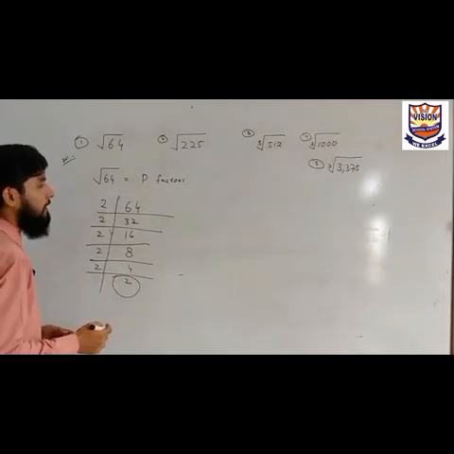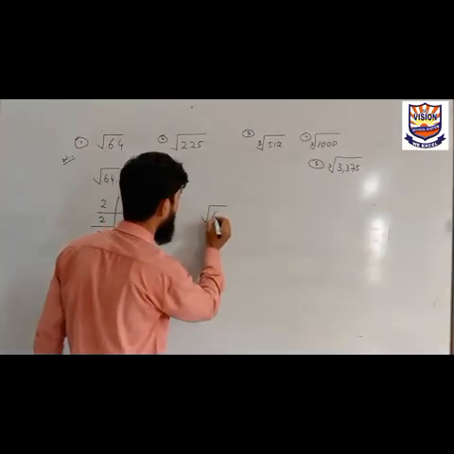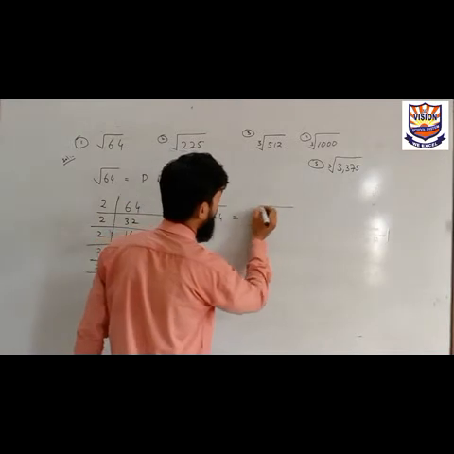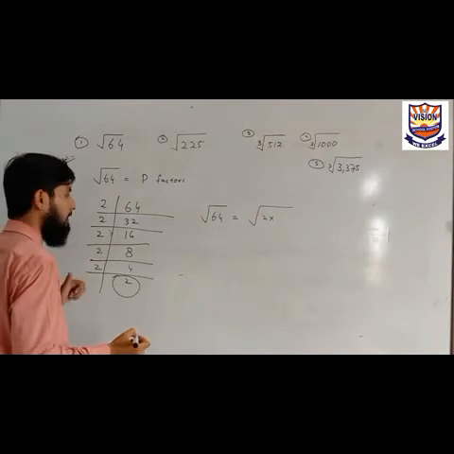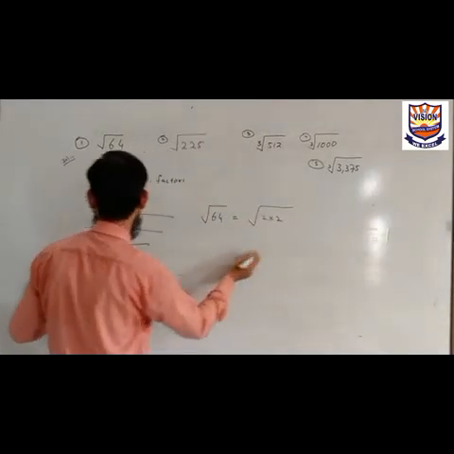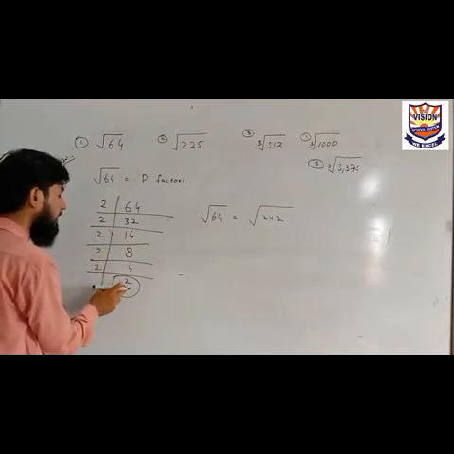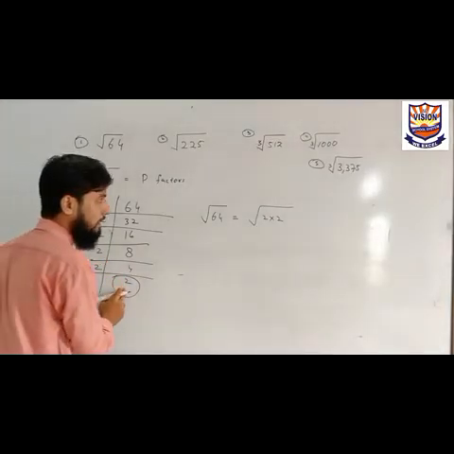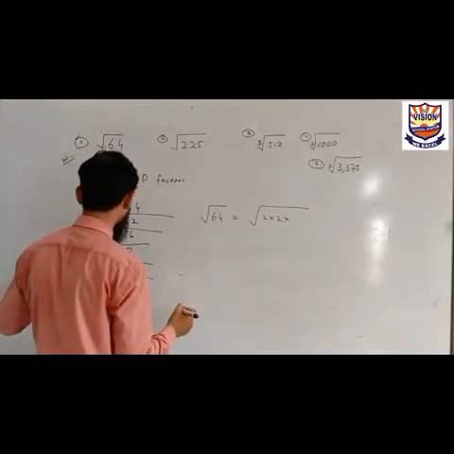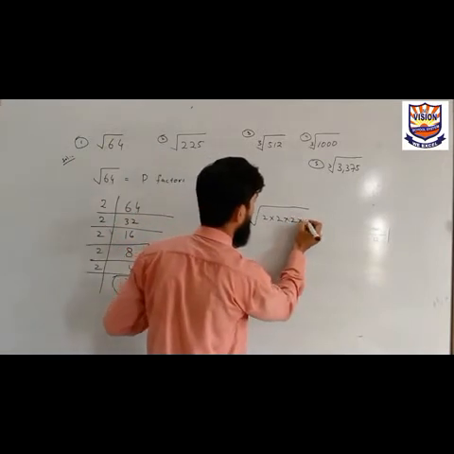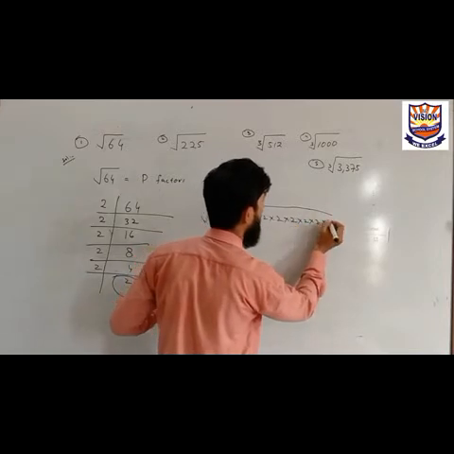Now how will this help us to find the square root? So write these numbers as square root of 2 multiplied by 2. Write all these prime numbers, multiplied by 2. 2 is how many times? 1 2 3 4 5 and 6. Don't forget to write this prime factor. 1 2 3 4 5 6. 2 multiply by 2 multiply by 2 multiply by 2 multiply by 2.